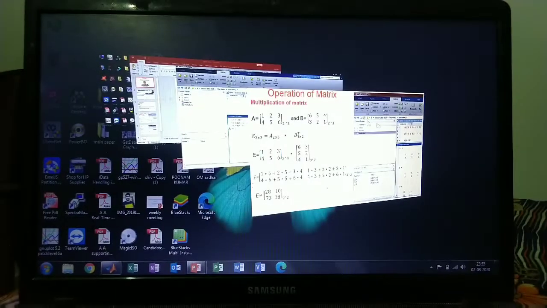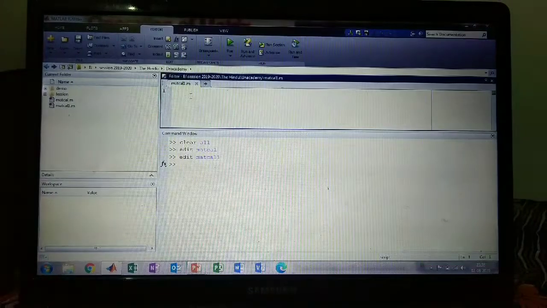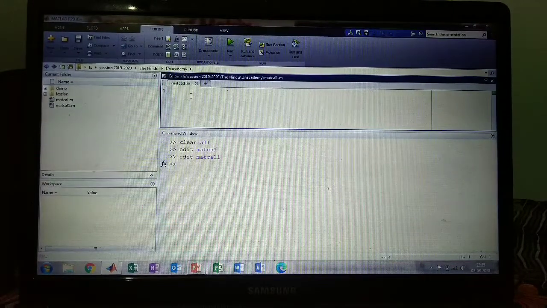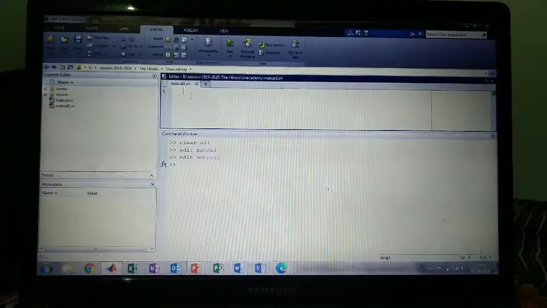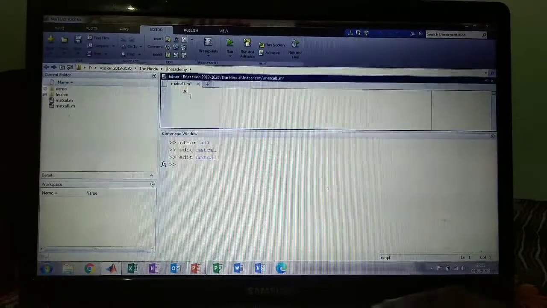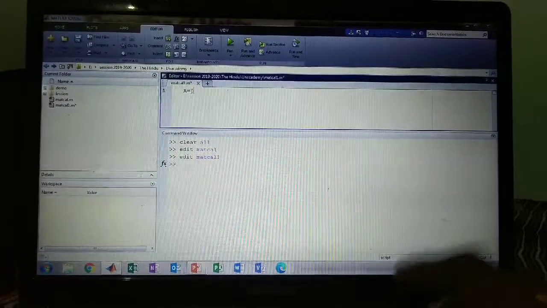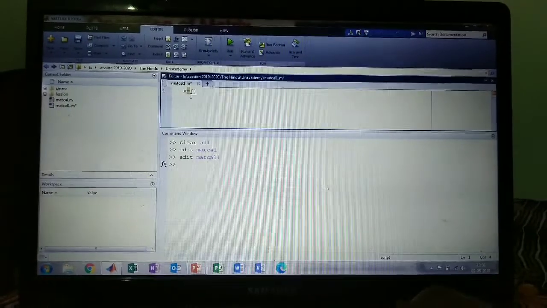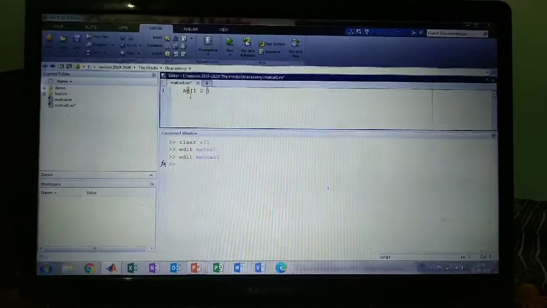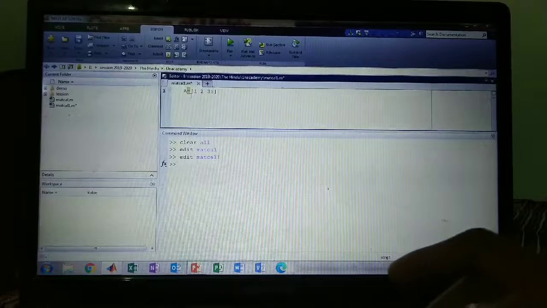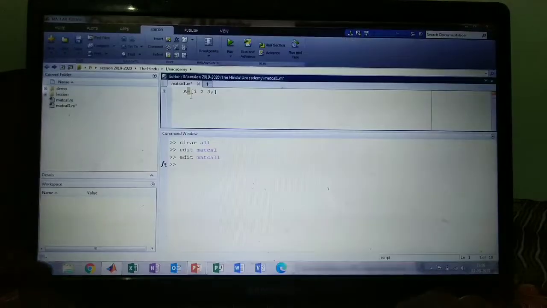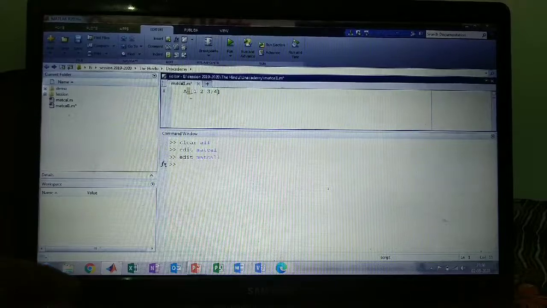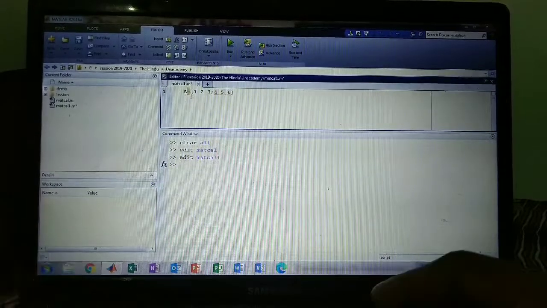It is very simple to multiply in MATLAB. I have created the file in the MATLAB editor window. After that I will write A = [1, 2, 3; 4, 5, 6].